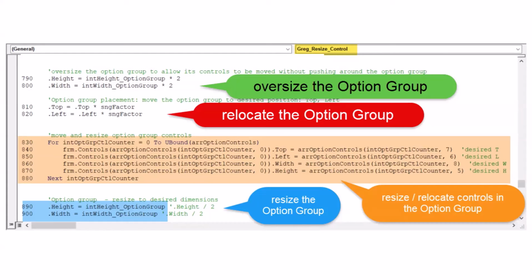If it's an option frame, do you make it big and then go through another loop? Yeah. So the first thing I do is I loop through. What the code does is it loops through all the controls, but if it determines that one of those controls belongs to an option frame, an option group, it initially skips it and leaves that to the end. And then it will record the original position and size of the option frame and the option controls